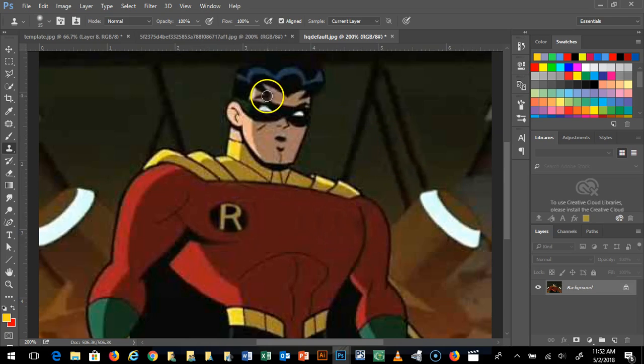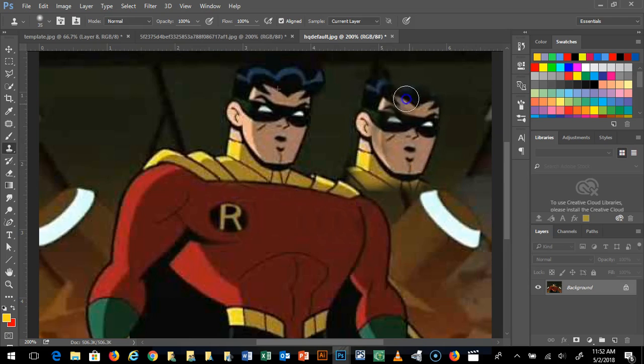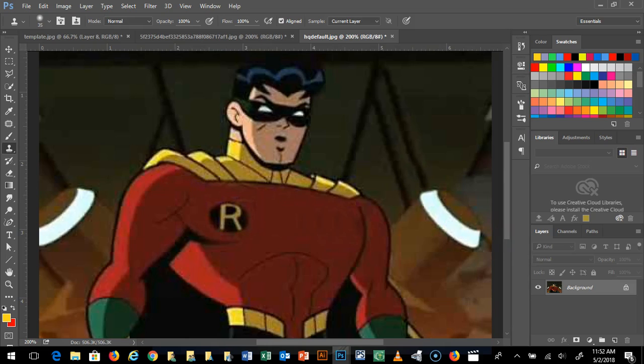All right, does that make sense? I mean, you can even go to more extremes and click this over here and give Robin like two heads or something. Right? So that's the clone stamp. Okay. Next up is the history brush. You don't need to worry about that. The eraser tool